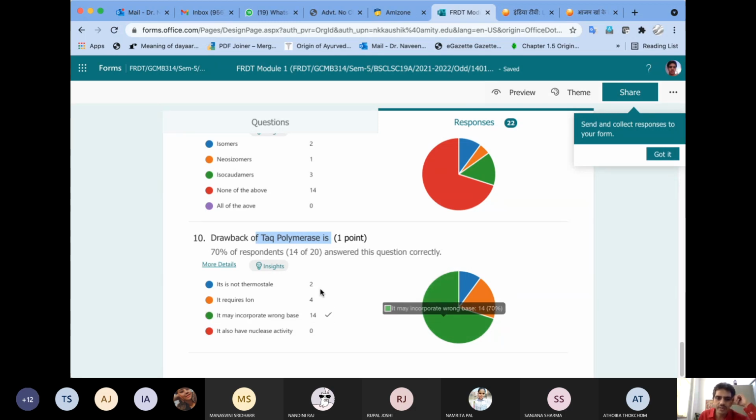14 have given the right answer. So 6 have given the wrong answer. 2 haven't attempted it, I think. Okay, so this is the